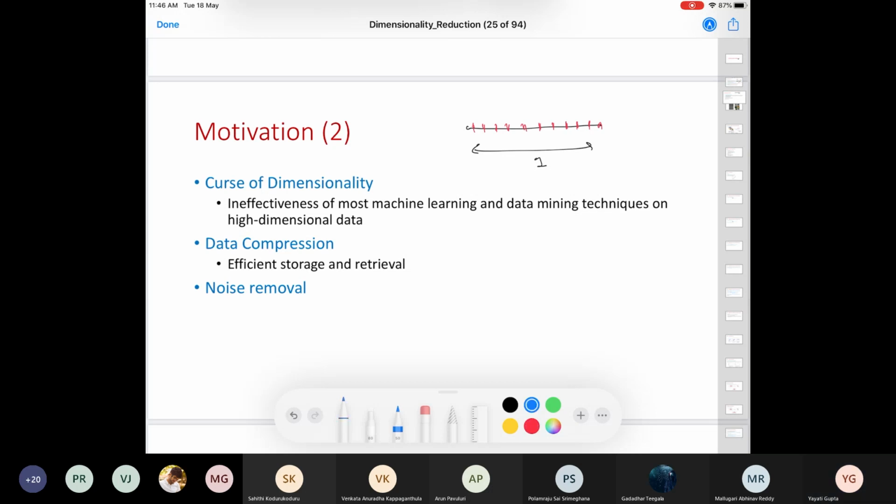Now, let's say this particular data set has a large number of samples, say n. So each sample has a probability of 1 by n of getting picked. Now let me take a very small portion of this unit length vector. Let's call it epsilon. So some samples might come from this width epsilon.